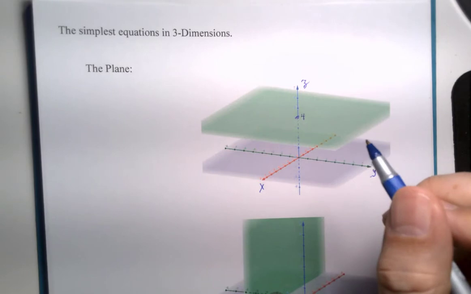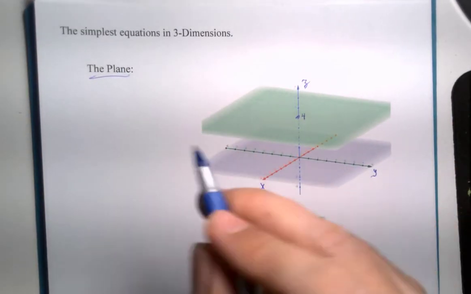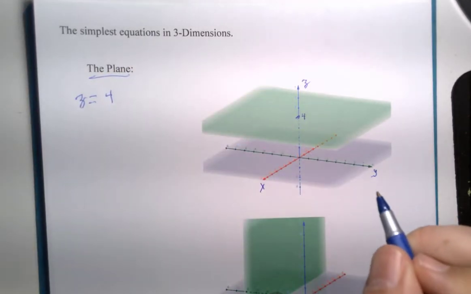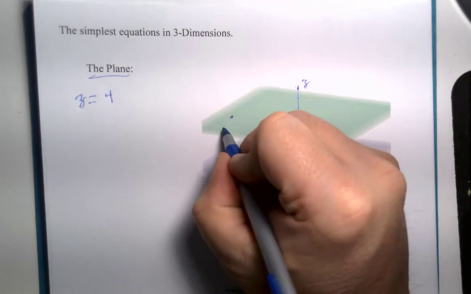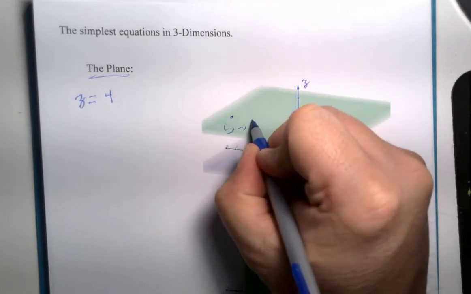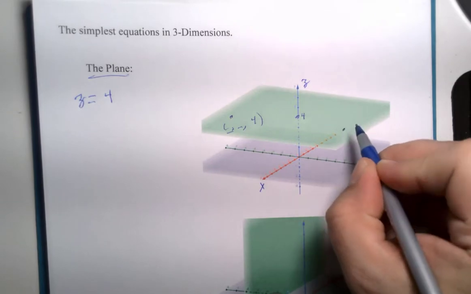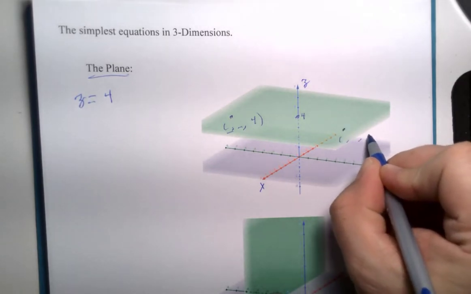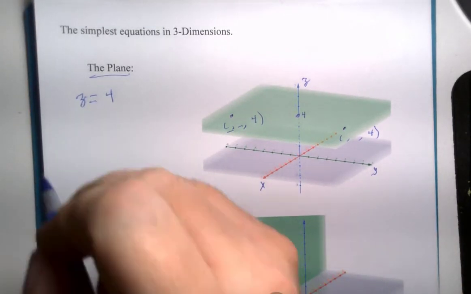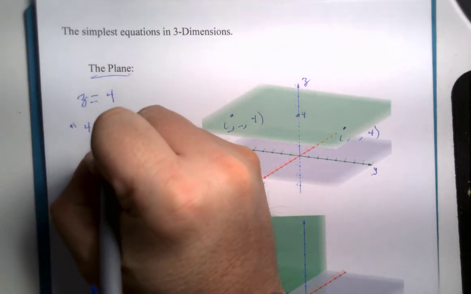This green plane is the place where all z values are positive 4. So this point here, I don't know what the x and the y coordinates are, but I do know that the z coordinate is 4 at that point. And same here. I may not know what x and y are, but I know that z is 4. z equals 4 would be a plane that, if you want to use simple terms, is 4 units